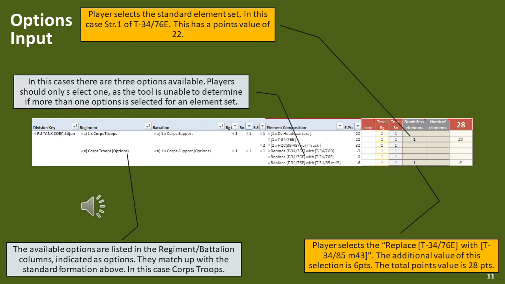To determine if there is an upgrade option, determine if the regiment and then battalion has an options entry. In this case, we are looking at one T-34 76E. Its parent regiment is Corps Troop, and this has an options entry. Then we look at the battalion formation, which is Corps Support. This also has an options entry. When we look for a replace T-34 76E row, of which there are 3 options available, players would select